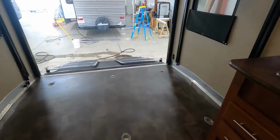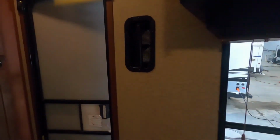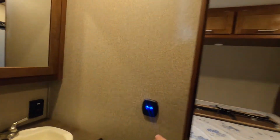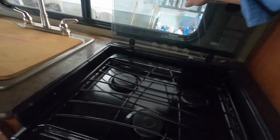I'll close your deck up and act like we're leaving the campsite. What I like to do is shut off all of the lighting at this panel here, and then I can see any lighting that I need to go through and shut off in the rest of the trailer. I want to make sure all your lights are off, that way it's not going to run your battery down. Put the panel back down